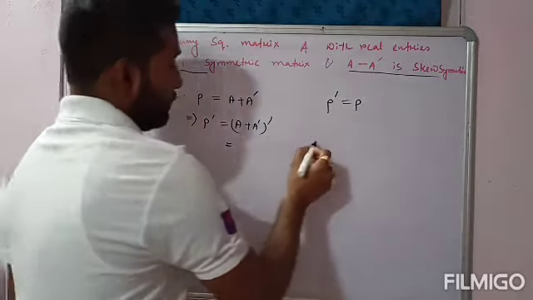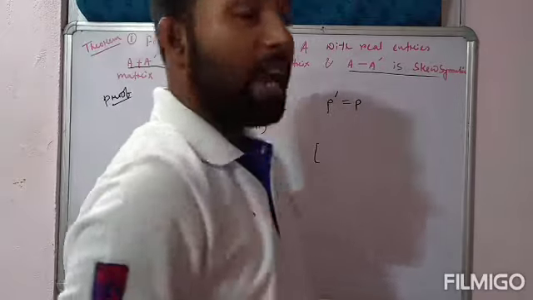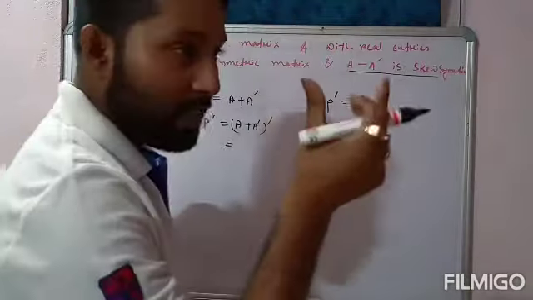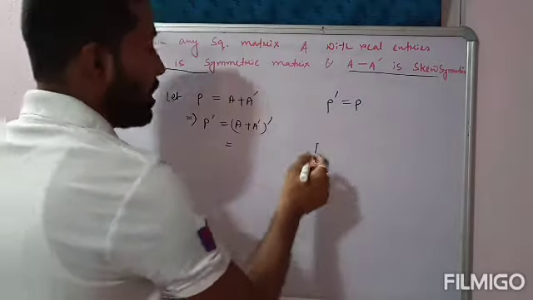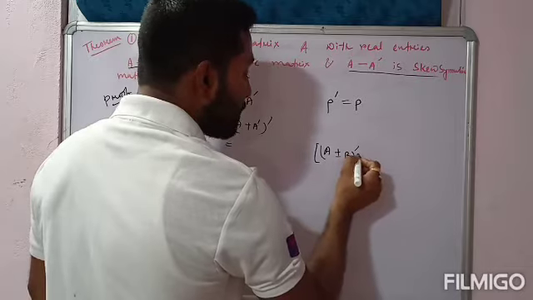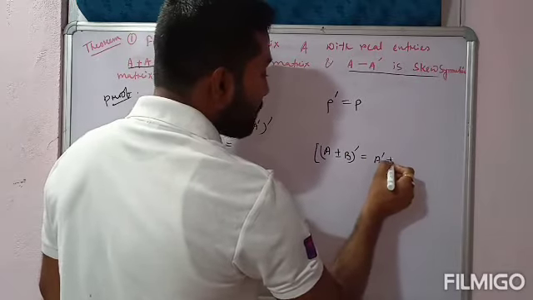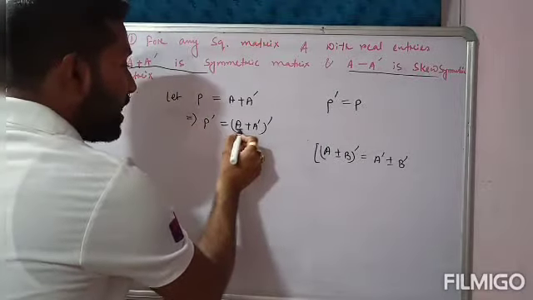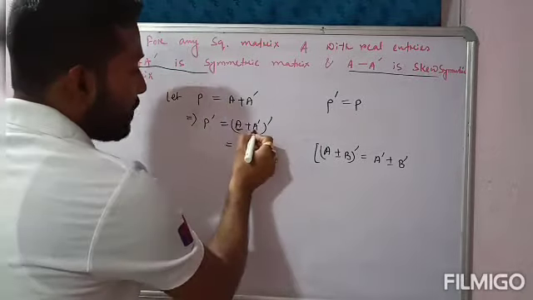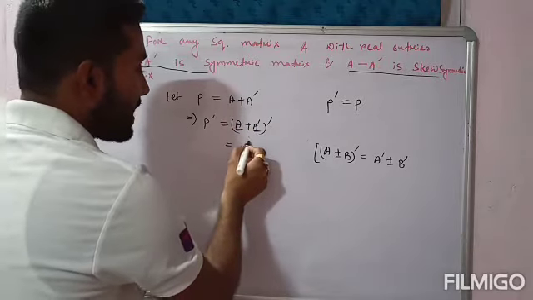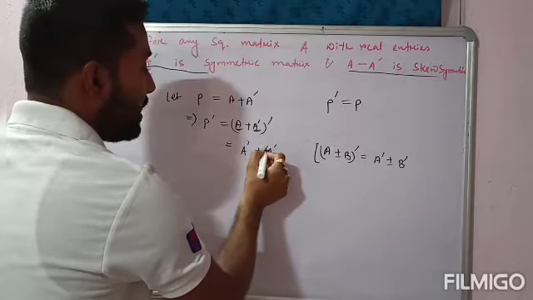This is equal to... when I gave the definition of transpose of a matrix, on that day only I gave the properties of transpose also. So there is one property: (A plus minus B) whole transpose is equal to A transpose plus minus B transpose. So let us consider the first term be A and this one is say B. So (A plus B) whole transpose can be written as A transpose plus B transpose.